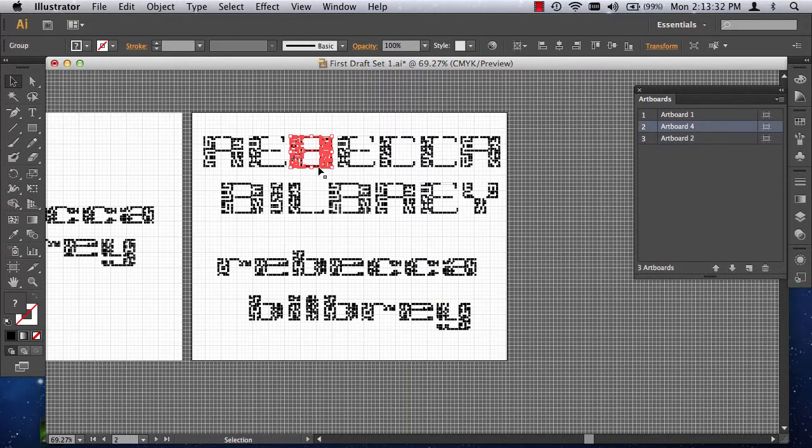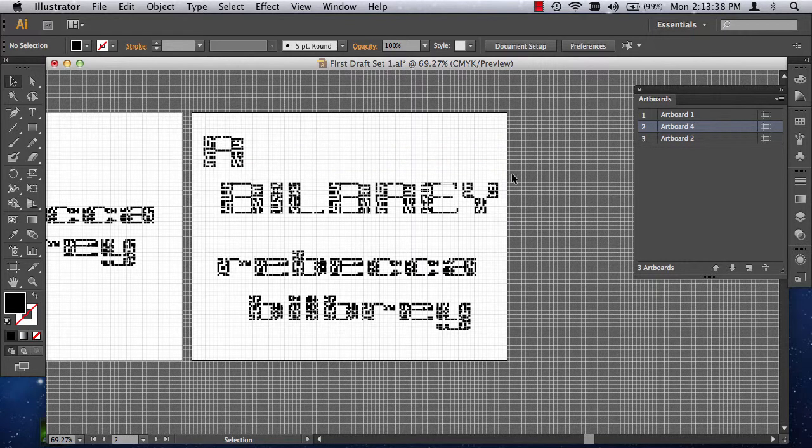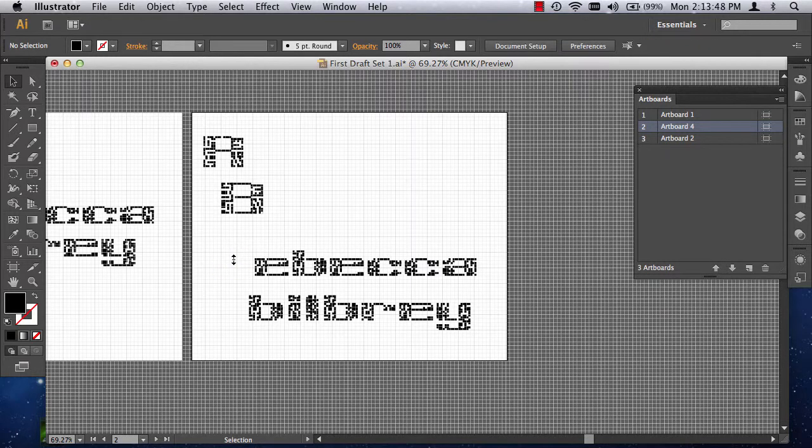Now I will have to ungroup if I haven't already. I only need, actually it's not grouped, so I can delete all of the letters except for my R and my B, because that's for my first and last name. These should snap to the grid just fine because I didn't increase their size. I'm also going to delete my lowercase r and my lowercase b. And I'm ready to